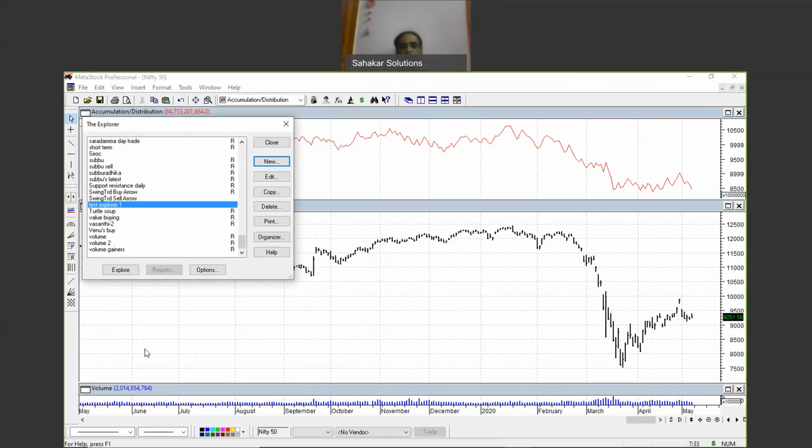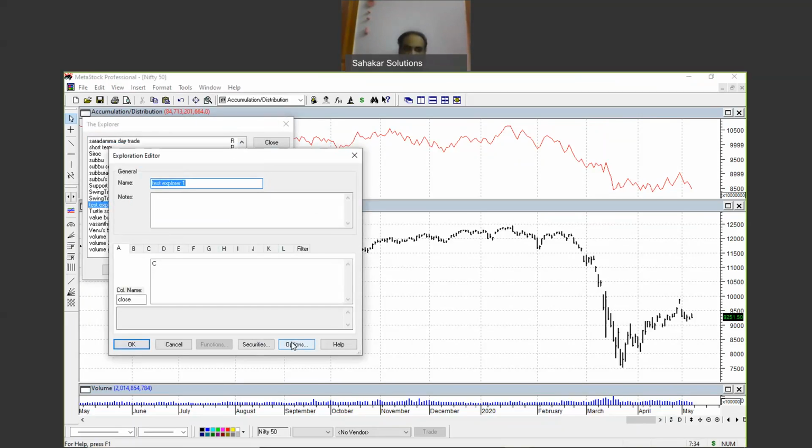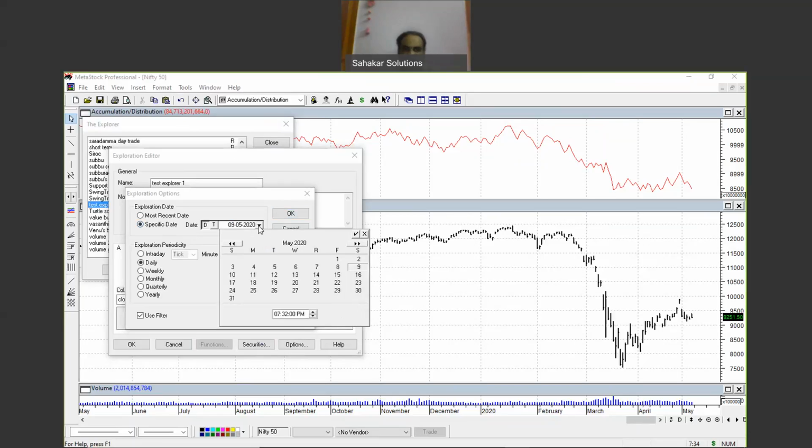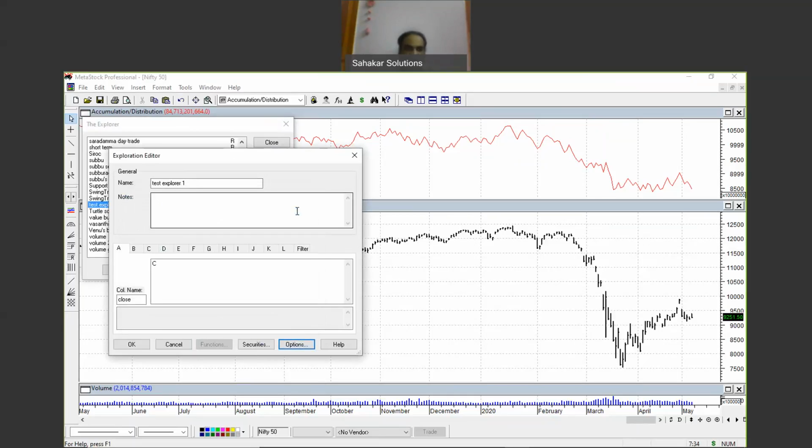Now everything is ready. Now we have to add stocks which are traded on NSE for making this exploration. Because we cannot find the results if we explore today, I will do back testing. So I will go back some 5 or 6 days. For that, I go to Edit, I go to Options. Here I give a specific day. The last trading week started on the 4th, so we are doing 4th May here.